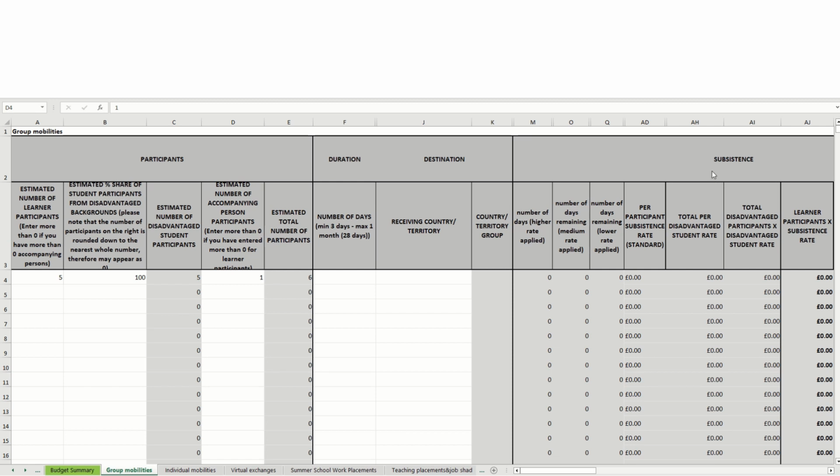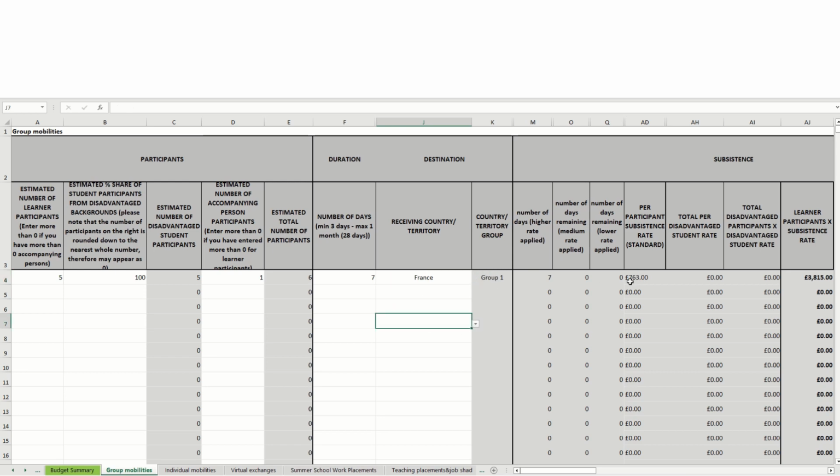So this experience is 5 days. The group will leave the day before it starts and leave the day after it finishes. So I'll add 2 travel days in this case to total 7 days. I'll then select the receiving country, which is France.